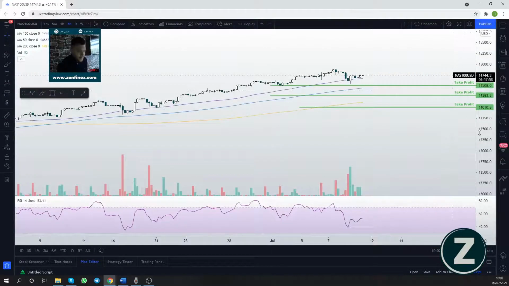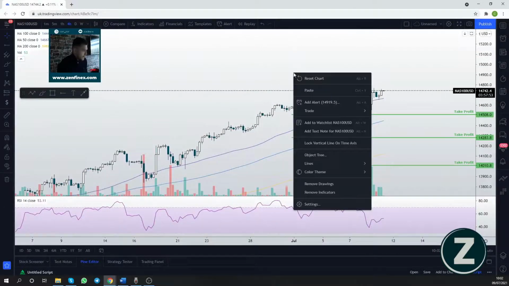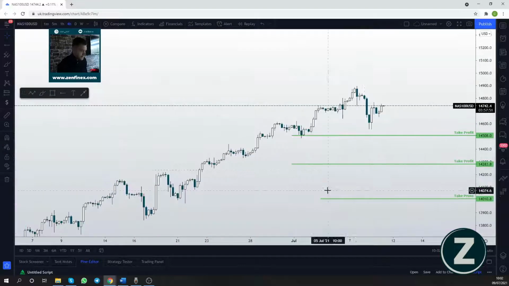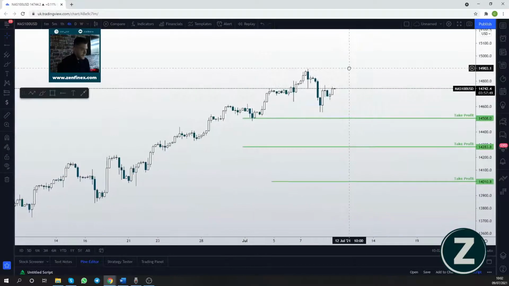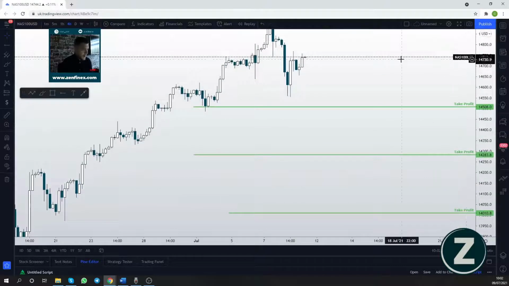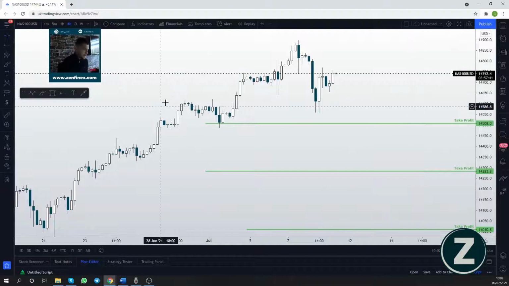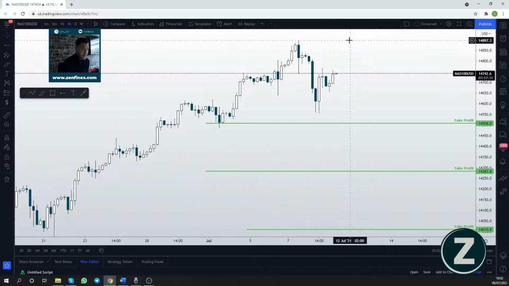Anyway, let's have a look on the 4-hour chart, because I noticed something quite significant. And I'm going to get rid of all the indicators now. Don't need them. So we've got a nice clean chart at the moment. We've got our take profits on the daily chart. Now, what I've noticed on the 4-hour is the first sign that the markets are starting to turn to the downside from this drop that we had here. Yes, it's run into this 4-hour order block and it's actually now springing up, and we may get a run up to the recent all-time highs.